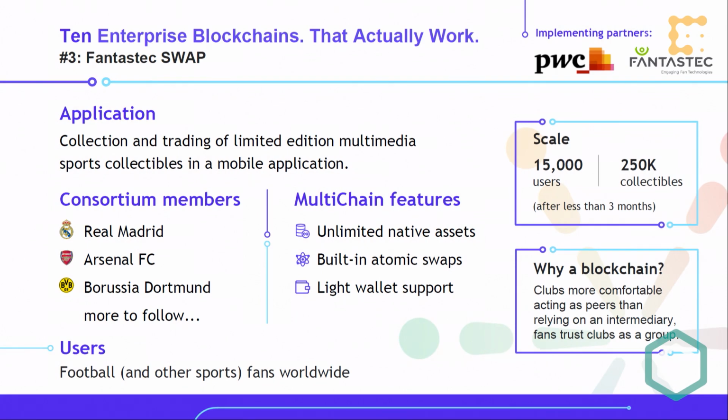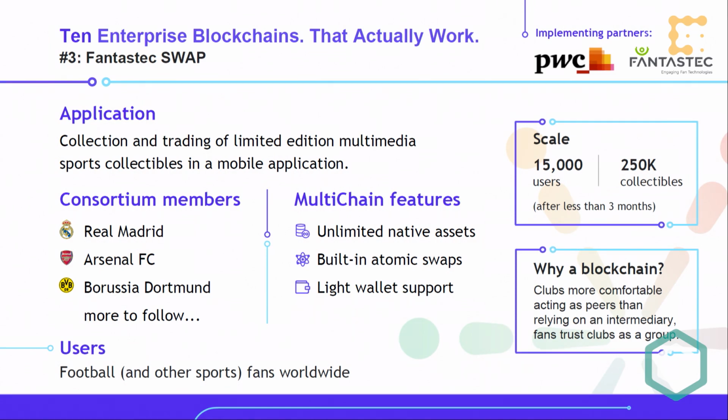So there is an industry called sports collectibles. When I was growing up, it was stickers, football stickers, or soccer stickers, as you'd call them here. But of course, this industry is moving into the 21st century. Now you can have digital collectibles, where essentially you have an app on your mobile device which enables you to collect stickers or other cards which relate to particular players of teams and particular events in those teams' lives.